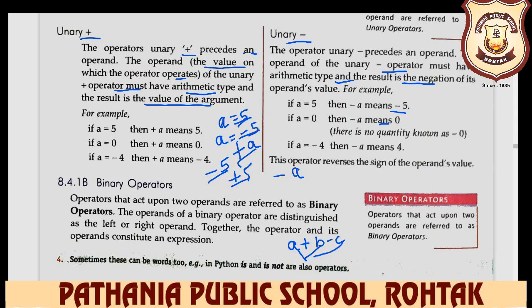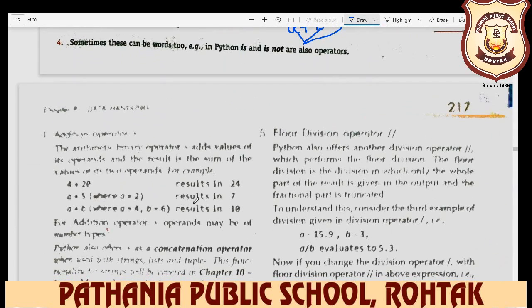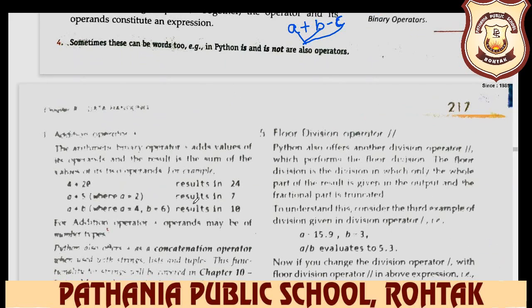So here three operands are there. This is your ternary operator. So binary has two operands, unary has one operand, and ternary has three operands. Okay, so